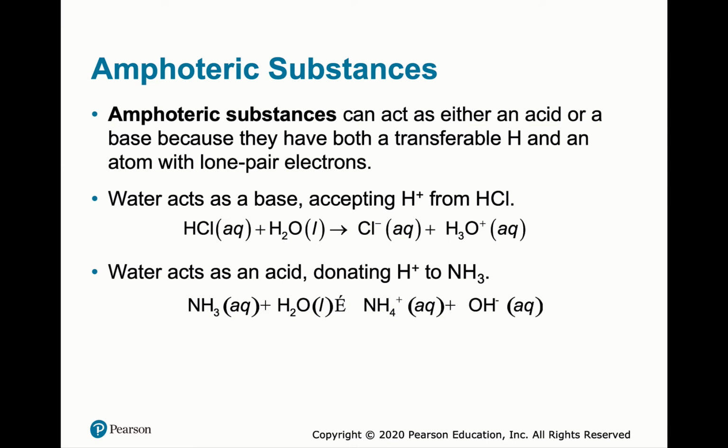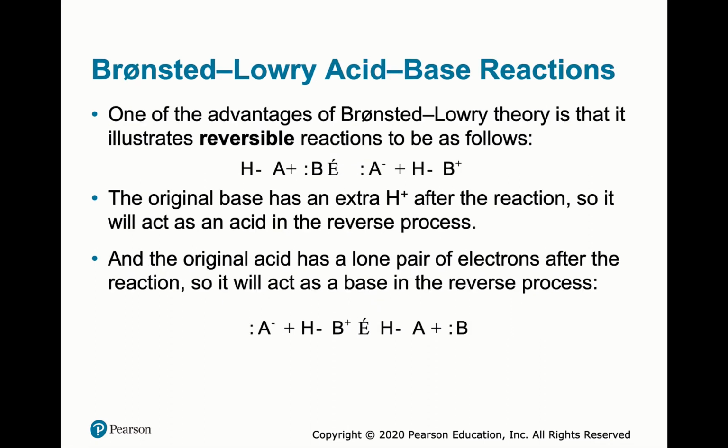So then you can see there's water. Water is weird. It can act like an acid, or it can act like a base. So water is a special thing. We call this property being amphoteric. That means it can be both an acid and a base. Water is not the only amphoteric substance. Amino acids, for instance, are amphoteric as well. But water can be an acid or base depending on the environment it is in.